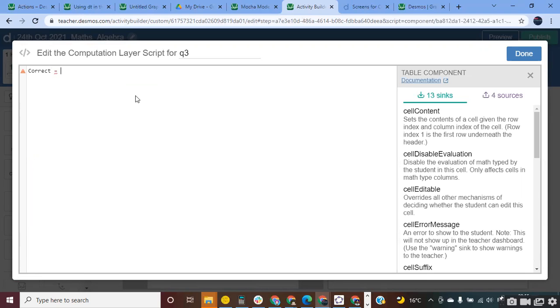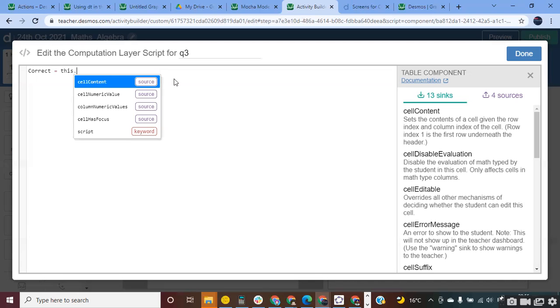So to validate the answers, we have to give the address from where it has to check the answers, right? So the answers are in numbers, so we are going to use cell numeric values. So I'm going to use this, or I can use Q3. Both ways are possible for this, because Q3 is the label for my component. This means this is for what I'm talking.